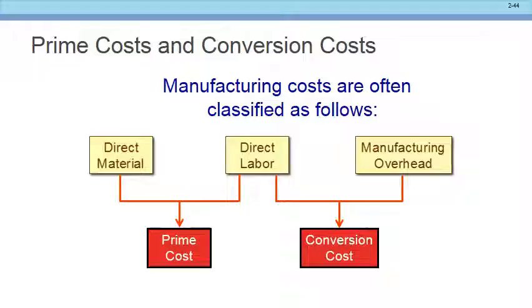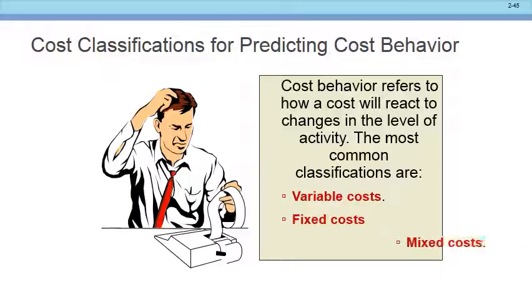Let me just go ahead and resume the recording here. We've already seen this slide, so this is a repeat slide. Let's just go ahead and go to the next one. Okay, and let's talk about cost behavior. We've seen that our costs can be direct or indirect. We had our manufacturing costs versus our selling and administrative. But now we're going to start putting different labels on our costs. We're going to talk about variable cost versus fixed cost versus mixed cost.